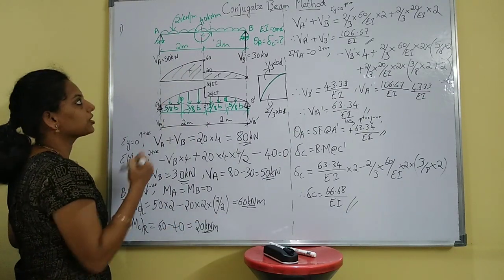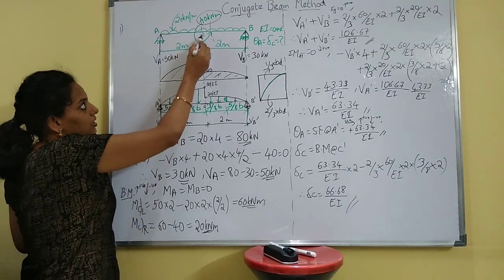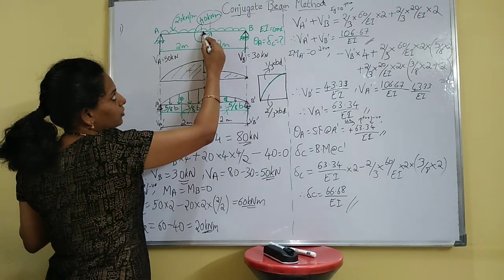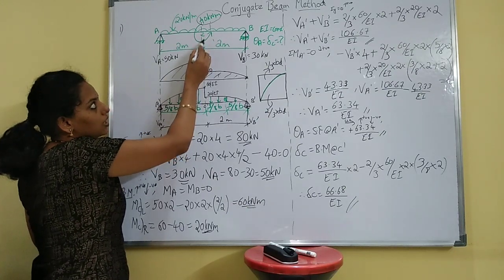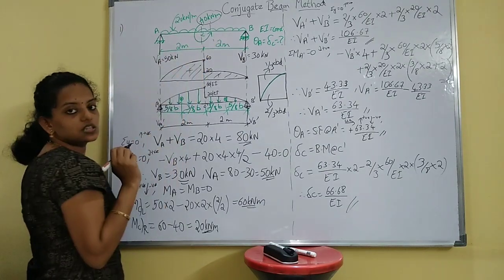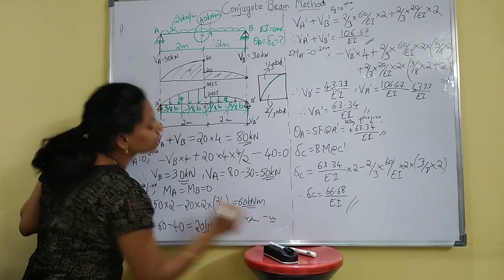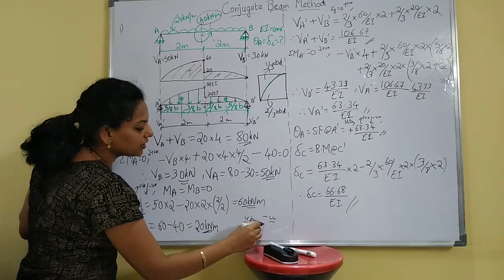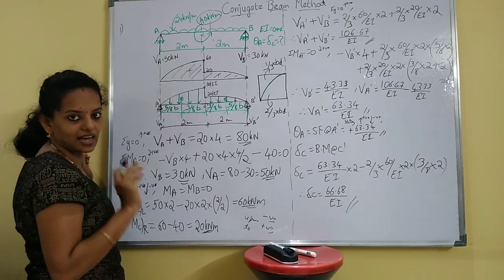Then while considering right of C, up to here it will be the same value, that is 60, whatever you have got here, and right of C you have to consider this moment. See this couple. Now we are considering right of C, so you have to consider the member CB. See how the member CB moves. See this arrow mark, it pushes this beam upwards. If the beam is pushed upward, it is negative. If the beam is pushed downward, you can directly write it as a positive value. That is the difference between hogging and sagging bending moment.